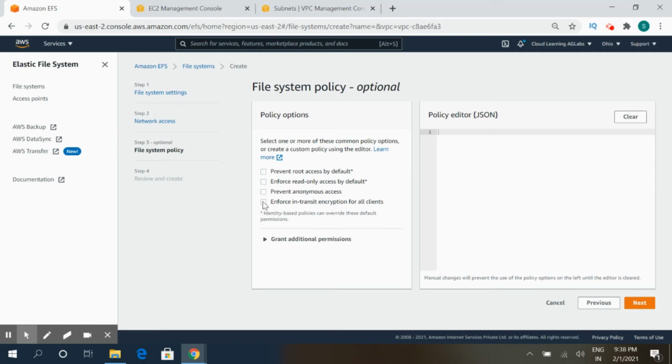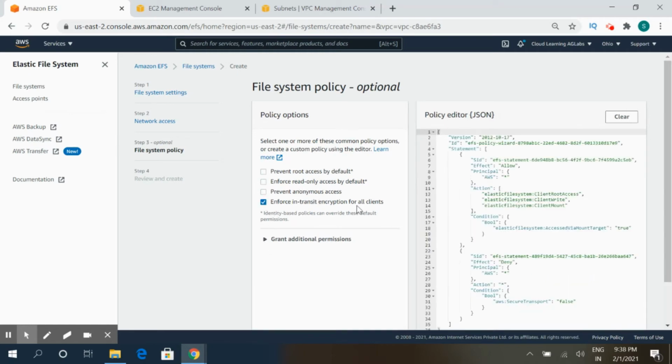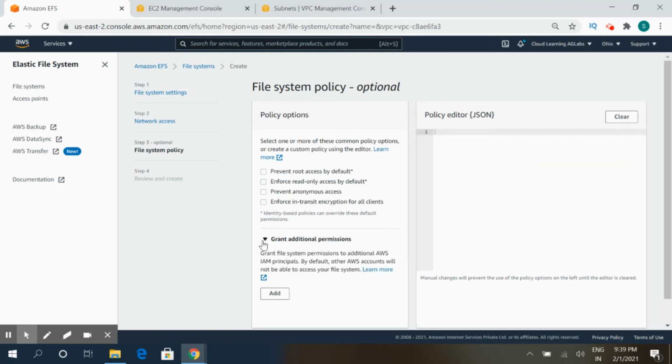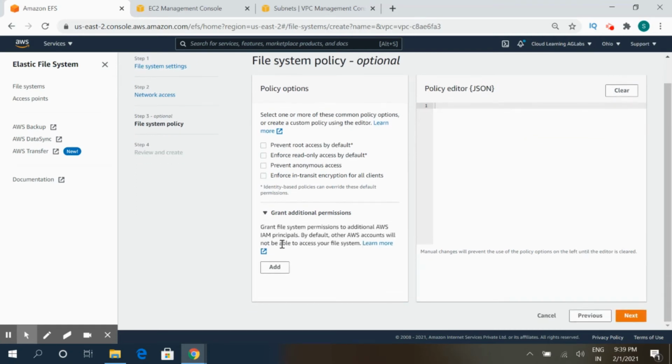So enforce in-transit encryption means that when data is coming into this server, they will be using the SSL protocol. If that is not a secure transport, then the EFS will not allow uploading that data onto your file system. So these are the different policies which have been provided, and we can add our own custom policies also.